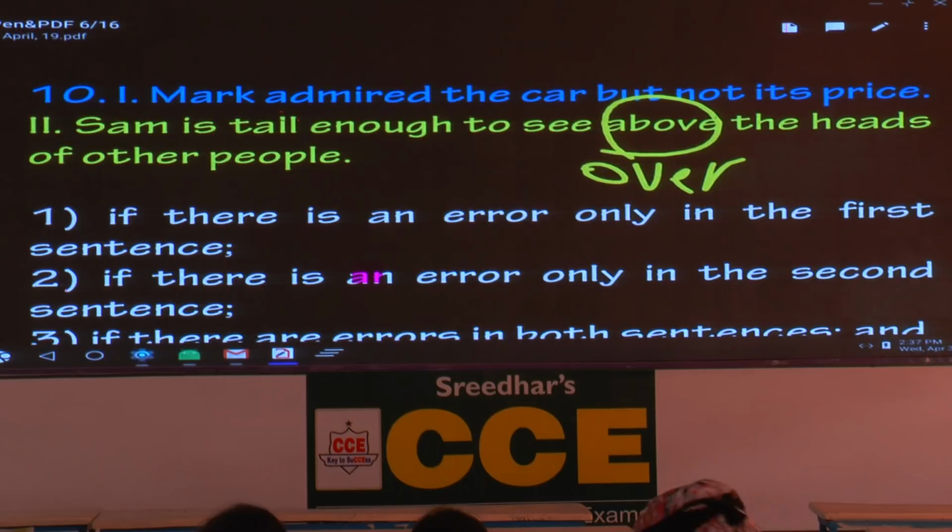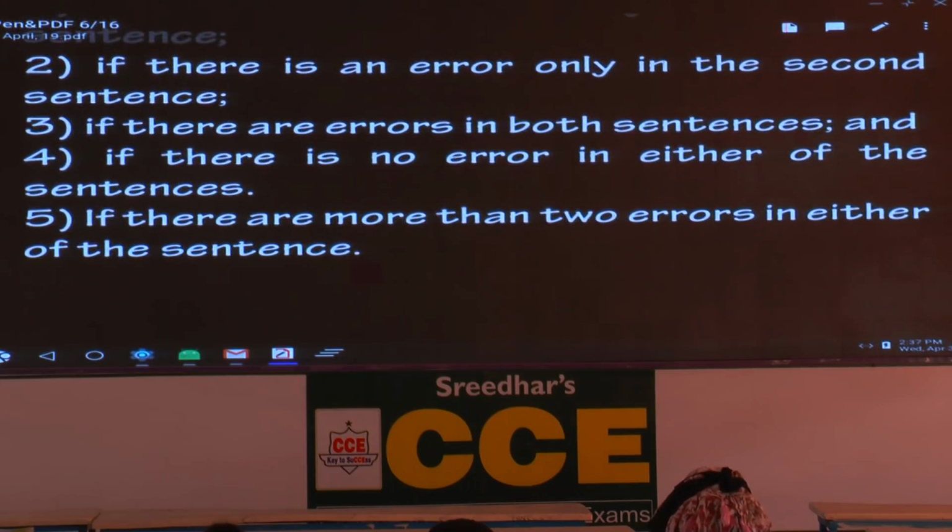But here you are using a separate possessive pronoun. Possessive pronoun, the very fact that it's there or not? It goes with what? Things, obviously. Car is what? It's a thing. So the sentence is right. Absolutely. So what is the answer, this one? Which option? Fourth option is the answer.